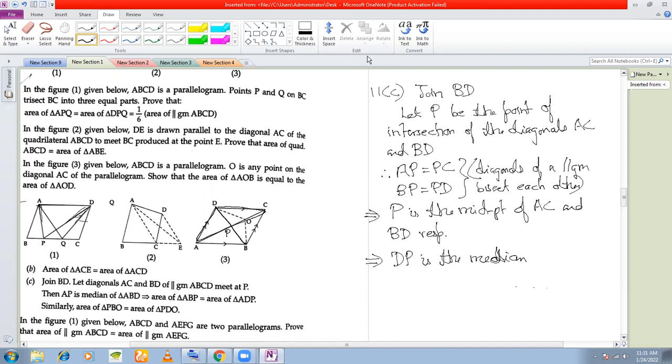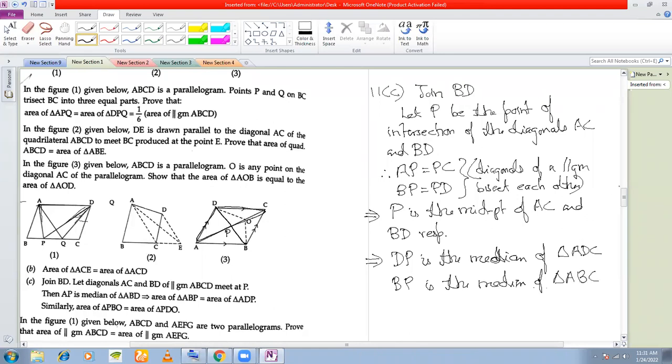Yes, can you say or not? DP is the median, sir, of triangle ADC, right? And also, what can you say? BP is the median of which triangle? Triangle ABC. Yes. BP is the median of triangle ABC,